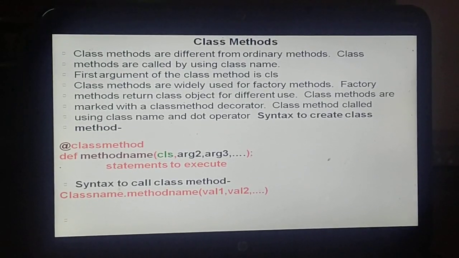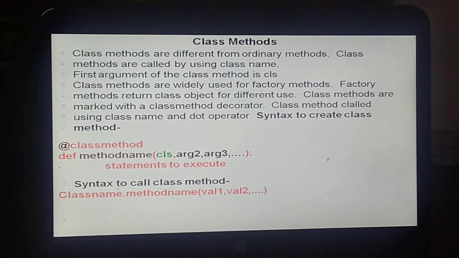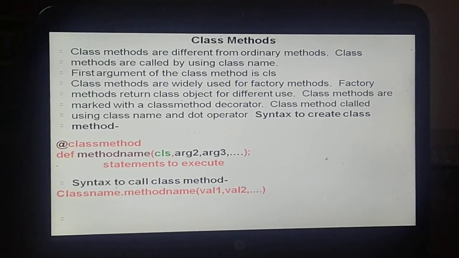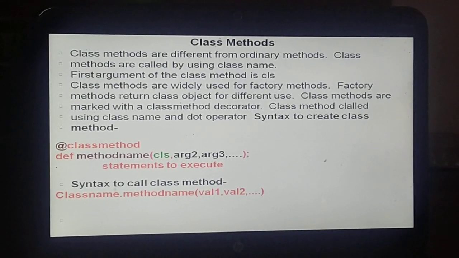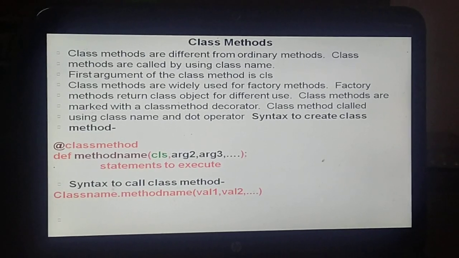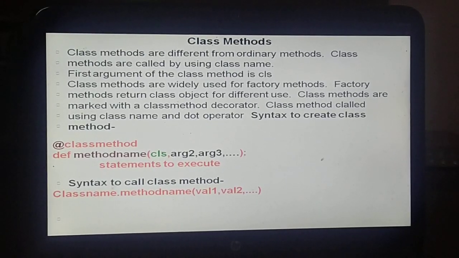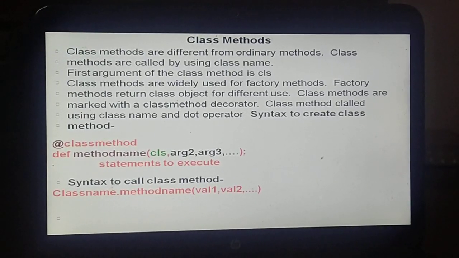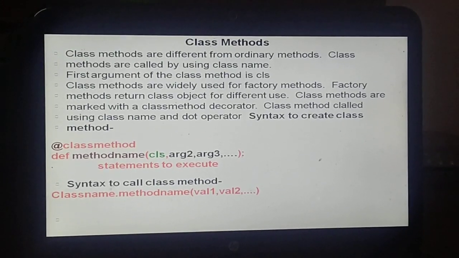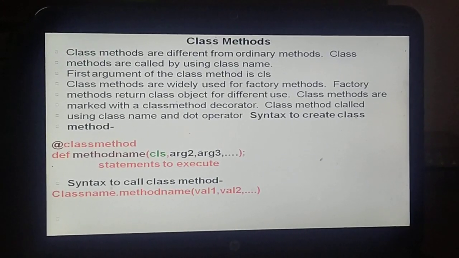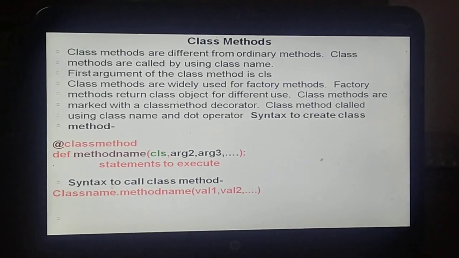It can modify a class state that would apply across all the instances of the class. For example, it can modify a class variable that will be applicable to all the other instances. So this is the basic theory behind the classmethod decorator.